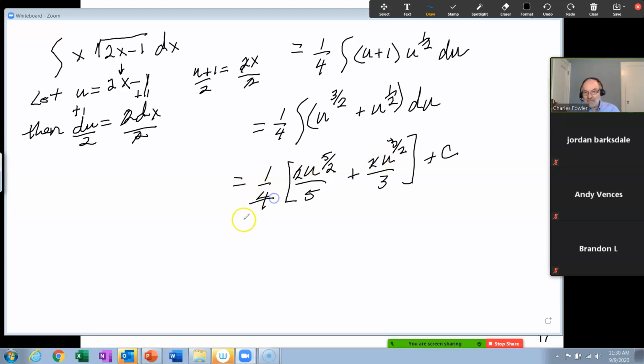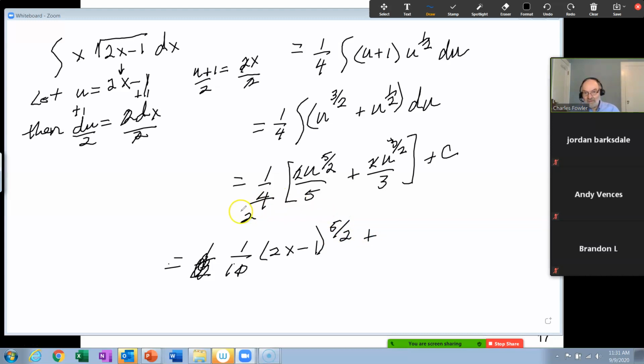We can factor out one of those 2's. We still got 1/2 left. Now we have 1/2, or actually I think they're going to write it like this. 1/10, 1/2 of 1/5 is 1/10, and then what is your u? 2x minus 1 to the 5/2